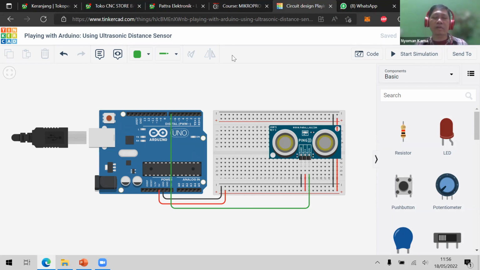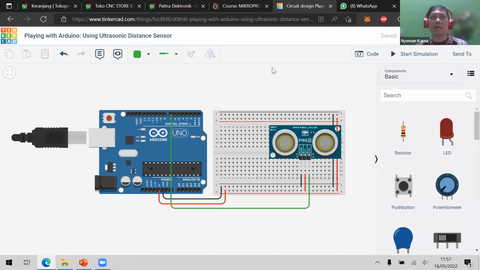Okay, the ultrasonic distance sensor and its counterpart, the passive infrared sensor, are two devices that can measure whether there is something in front of the sensor or not. But the difference is that the ultrasonic distance sensor, just like its name, can measure the distance between the sensor and the object. If the object is moving, then it can also detect the movement.